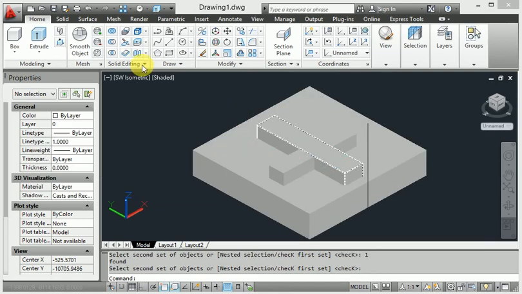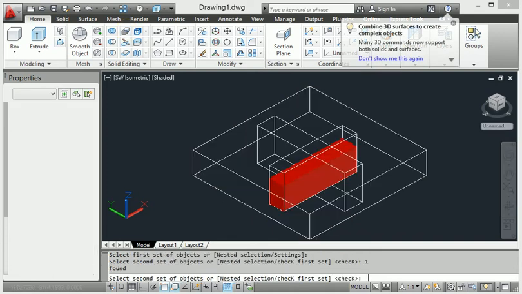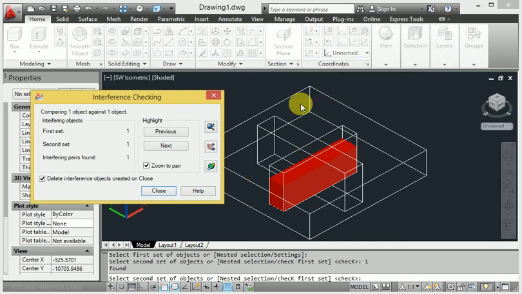Again I will show you: enter interfere, select this body, enter, then select this body, enter. Right, interference between this spot and this spot.